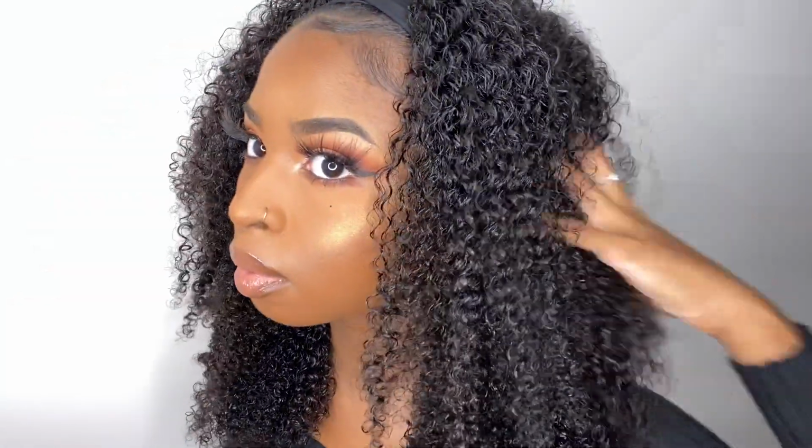Now, once I was done wetting it, I just couldn't keep my hands out of my hair. I was so happy with the results, you guys. The hair looks so pretty. I loved it. Now that I'm done, I wanted to show you guys what it looked like from each side,